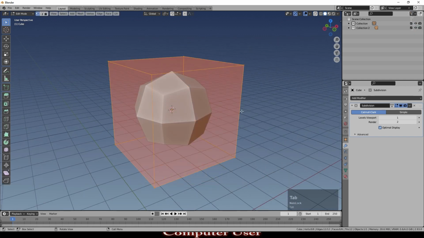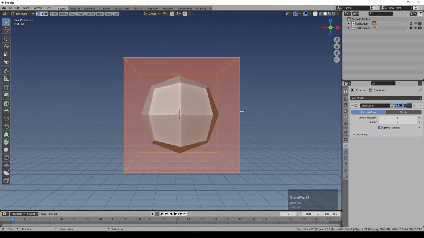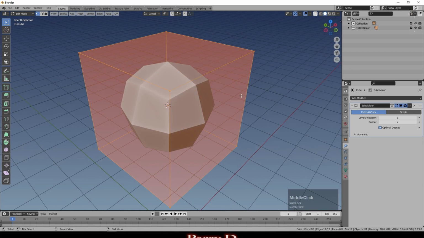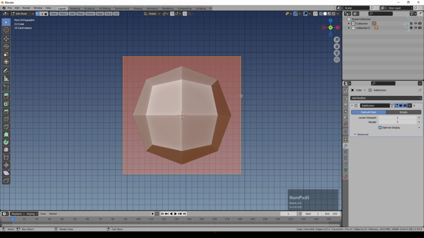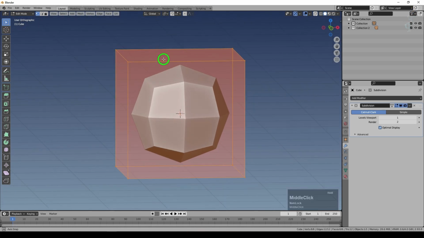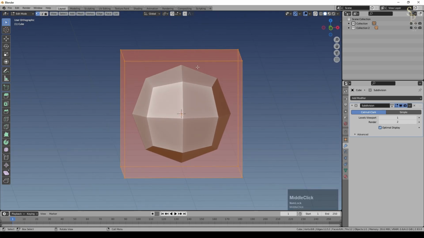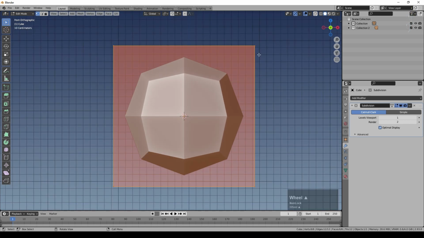If I go into edit mode, you can see our original cube is still there, and you can see if I go into forward view and then I press 5 on the numpad, that will actually put me into orthographic view where parallax doesn't show up in the image. So in other words, things are the same size no matter how far away from the camera they are, as you can see from here. So that allows us to ignore the effects of 3D when we're looking at a shape.